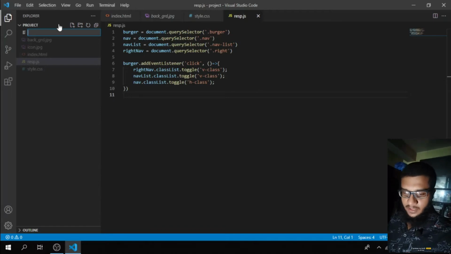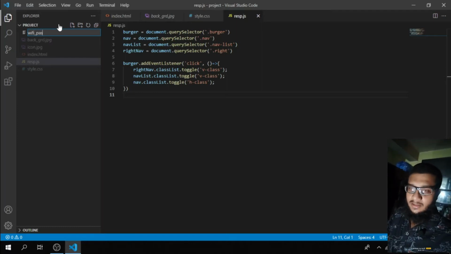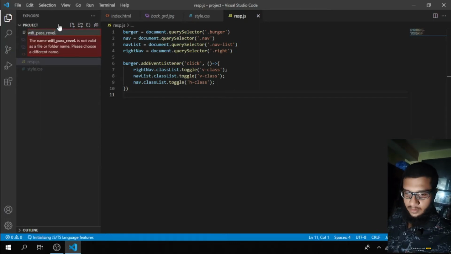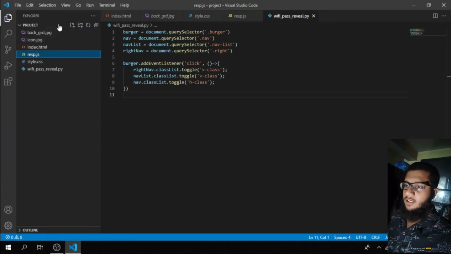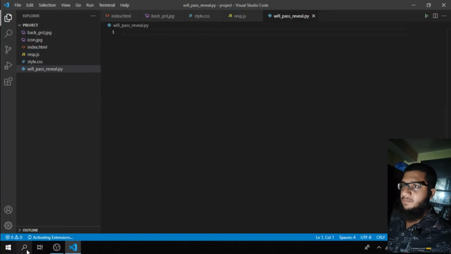That will be Wi-Fi underscore password reveal dot py, and then click on enter. Okay, so I made the name of that file as wifi_password_reveal.py.